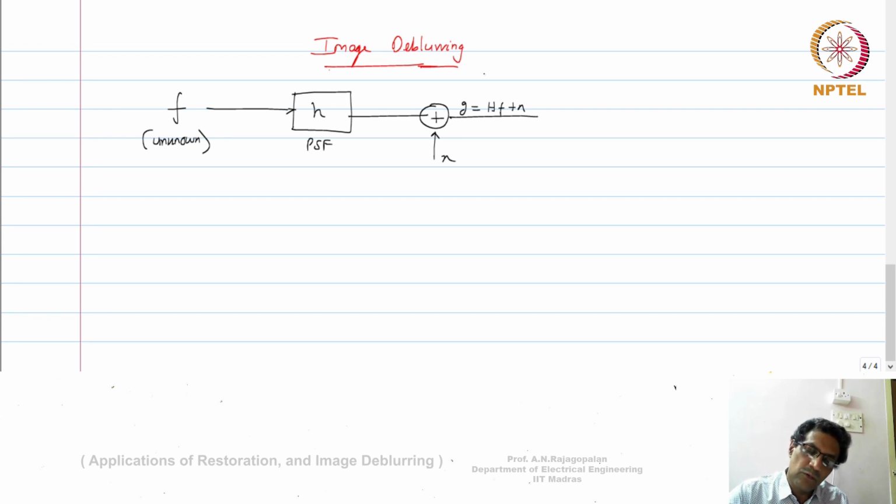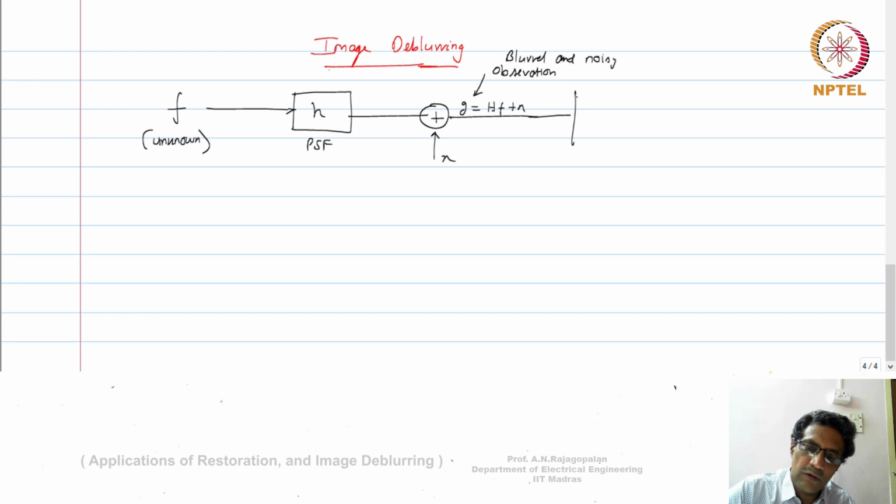What you know is only G. We don't see F. Maybe we might know H, and in some cases we may not even know H. The problem is, given this observation, which is a blurred and noisy observation,